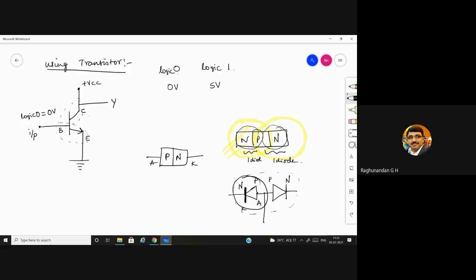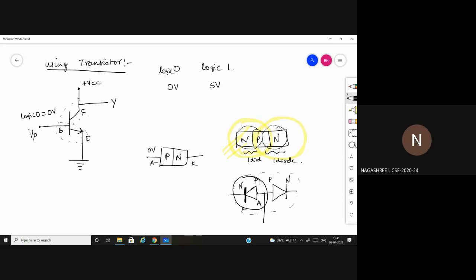Now, when input is zero, what will happen to this diode, which is between base and emitter? Input to the base is zero. That is, they are giving 0 volt here. Whether it will get forward bias or reverse bias?